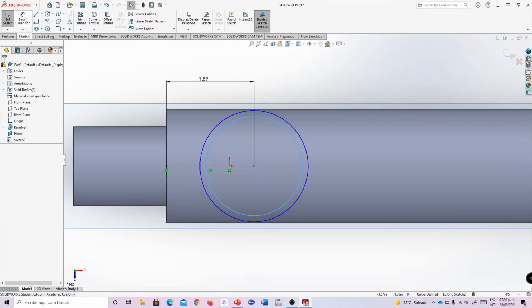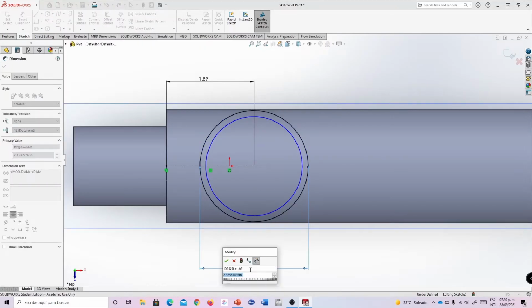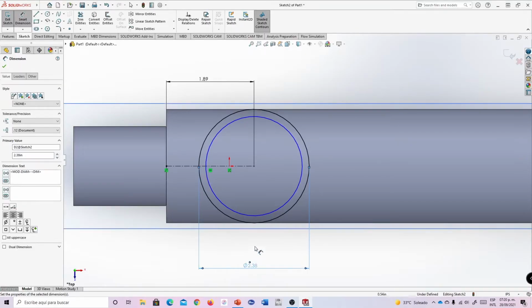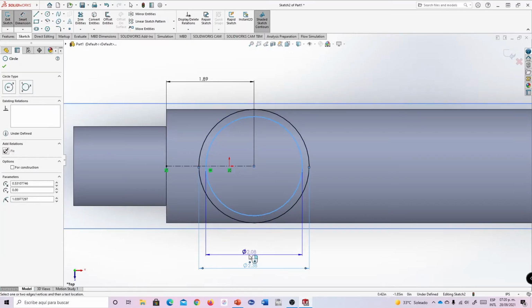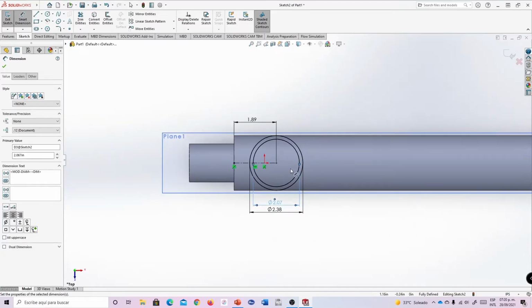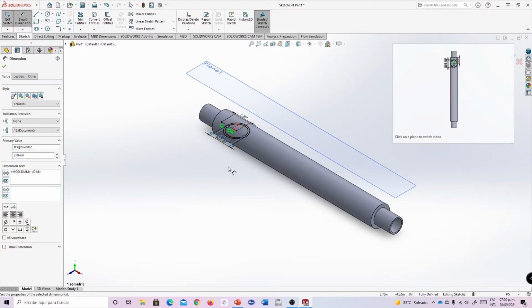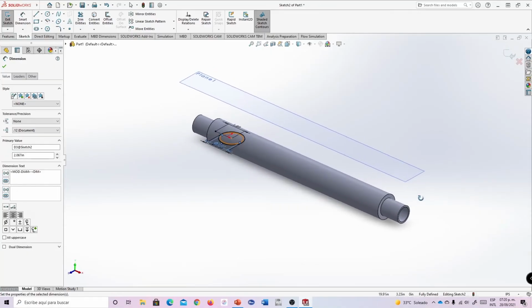Okay, and I'm going to define that the diameter of the first circle, the outer circle, is 2.38 inch, and for the inner circle the diameter is 2.067 inch. Okay, as you notice, it was created on the top plane,